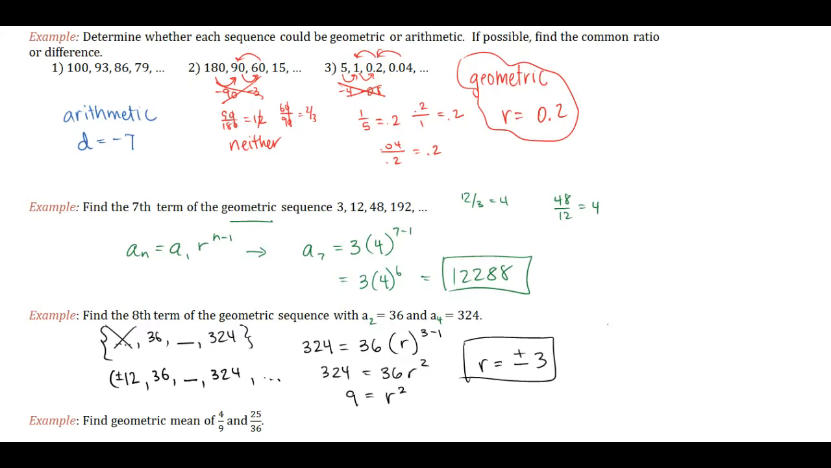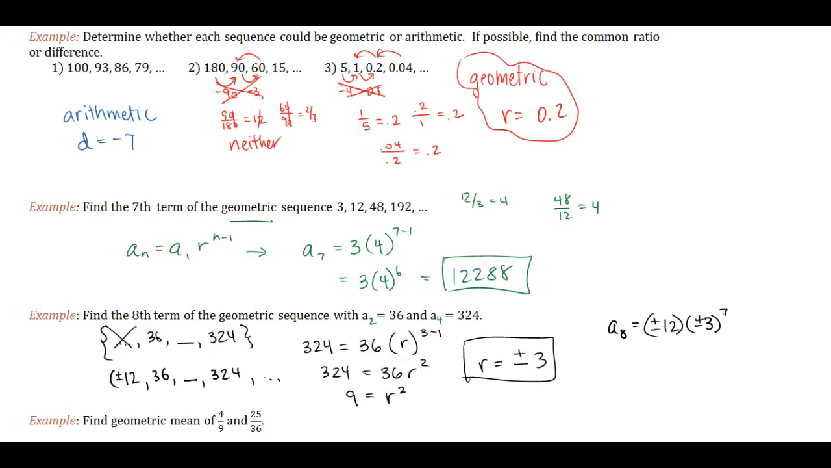So what do I do? I go the 8th term is equal to the first term, which we said is plus or minus 12. So it's kind of confusing. I'm going to have to do it twice is all that means. Then times plus or minus 3 to the 8 minus 1 power. So let's call that the 7. And so now we know that 3 to the 7th